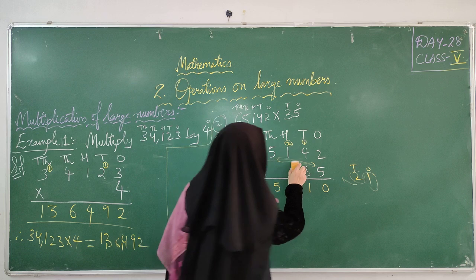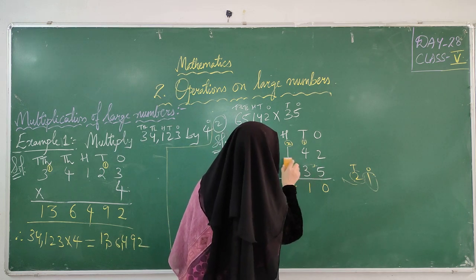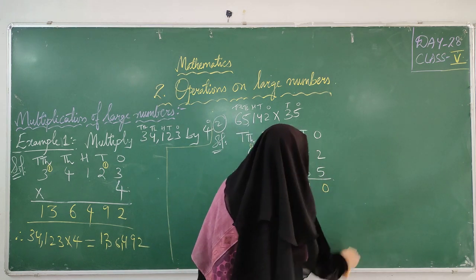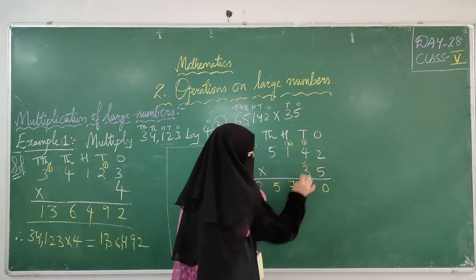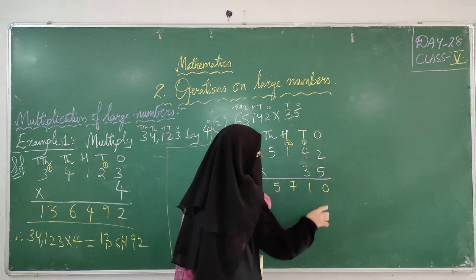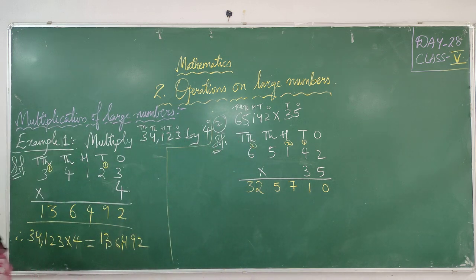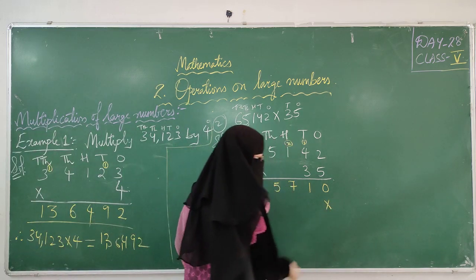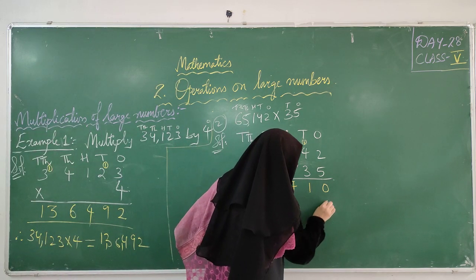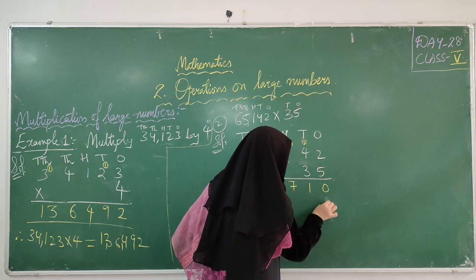Okay, we have done with one digit. Next we will move to the second digit. Whenever you are starting with the second digit, first of all we have to leave some place. You can keep 0, or you can put a cross symbol, or you can keep 0. In your reader they have given you 0.